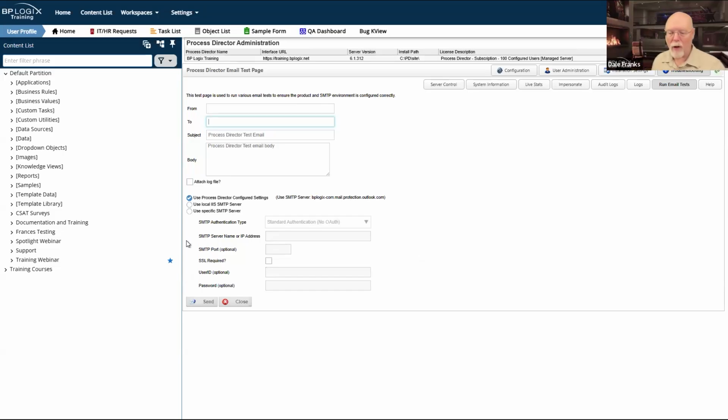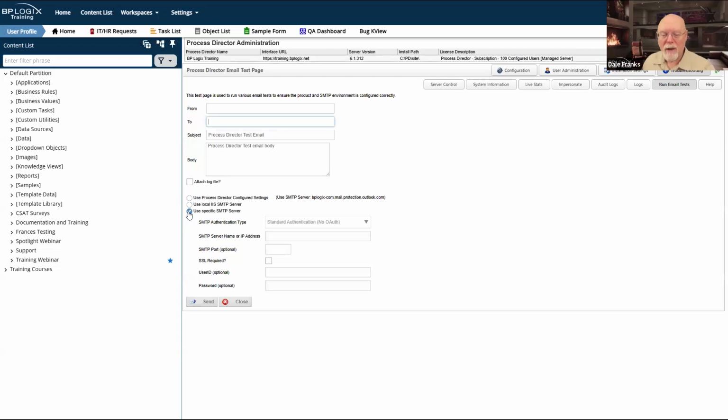First of all, by default, it will use whatever your configured settings are for email to test that. But you can also use the local IIS SMTP server. Not if you're a cloud customer, because we're not going to let you do it. But if you're an on-premise customer, you can, because hey, it's your network. You can do whatever you want.